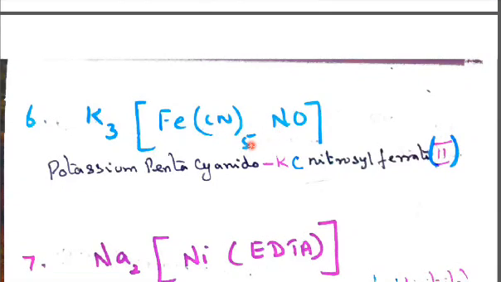So what number do you write first? That is pentacyanido-kC, nitrosyl. Then, is it an anionic complex or a cationic complex? We should see that this is an anionic complex, because the cation is outside first and this second one is the anion. In an anionic complex, the central metal ion name should end with -ate. So ferrate, with Roman numeral II enclosed in a closed bracket.